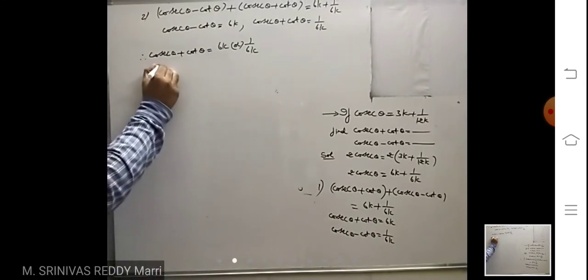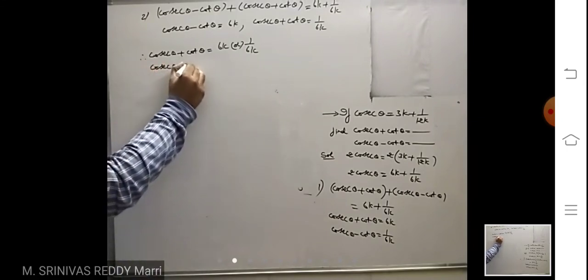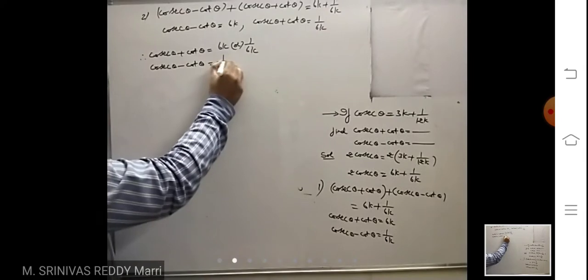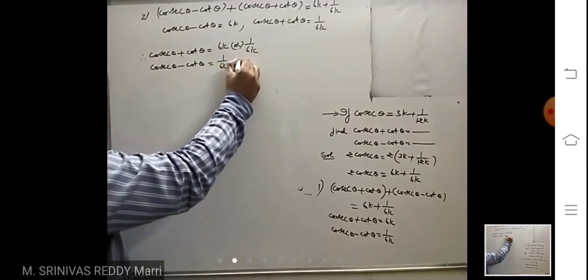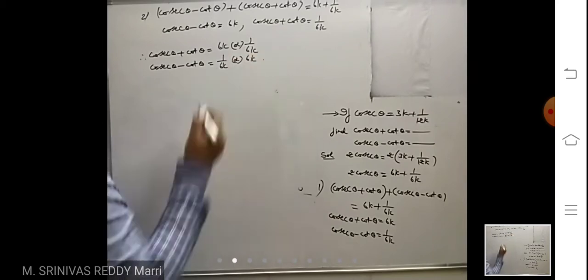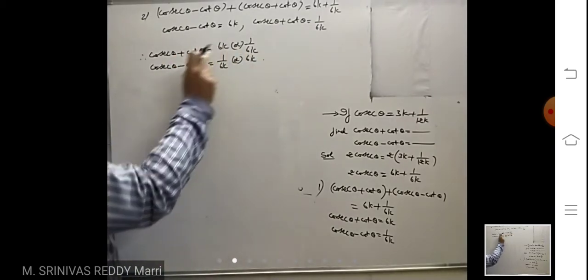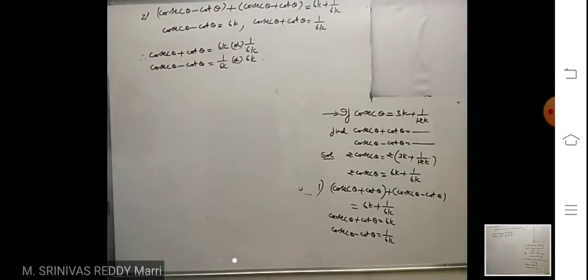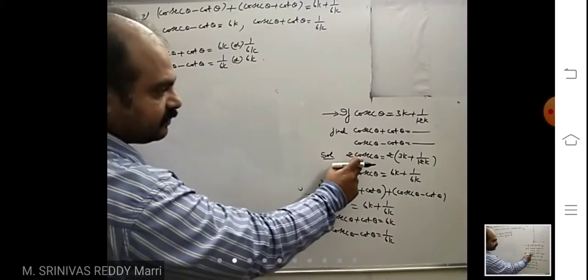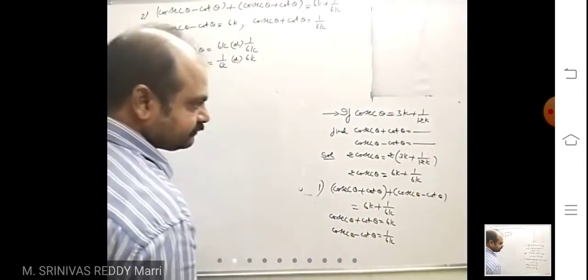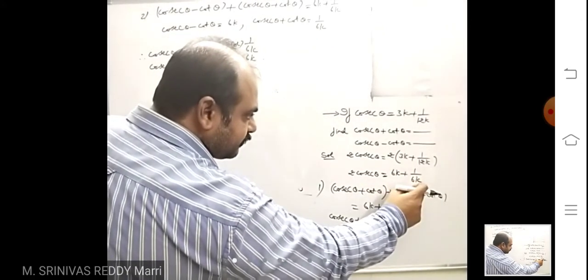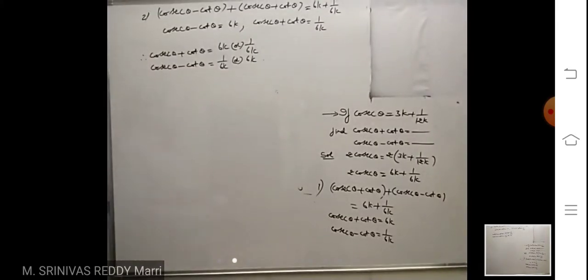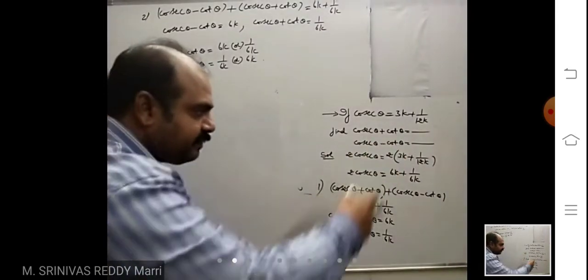So suppose cosecant theta minus cot theta. In the first case, what? 1 by 6k or 6k. That means this value is either this or this. In the first case, these are the values. In the second case, these are the values. Like that. Whenever 2 cosecant theta is there, use the trick. If here number and its reciprocal is there, you write sum of number and its reciprocal. First multiply with 2 on both sides and then write.